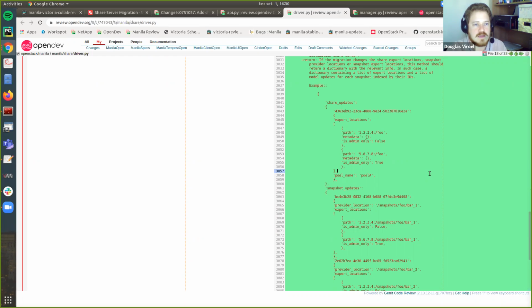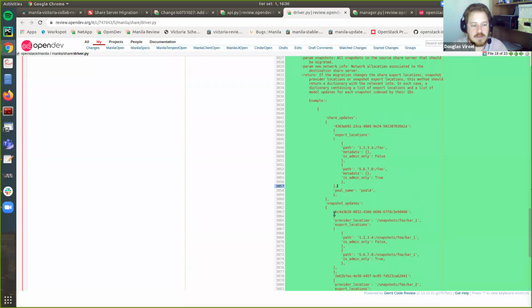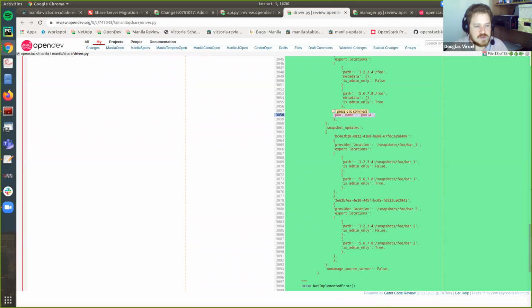So this is something that the driver should handle, and after completing the migration we are expecting the driver to answer which pool the share landed in. The idea is to update the share host with the correct backend and pool. So for each share, we are expecting this information, and for each snapshot,